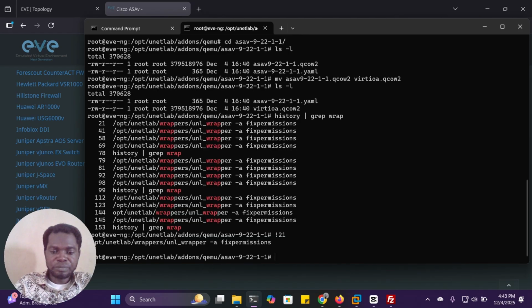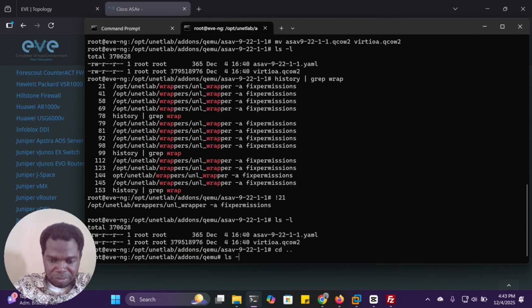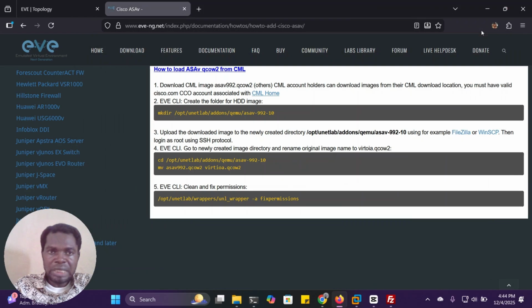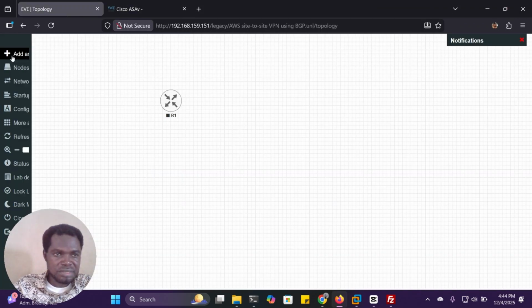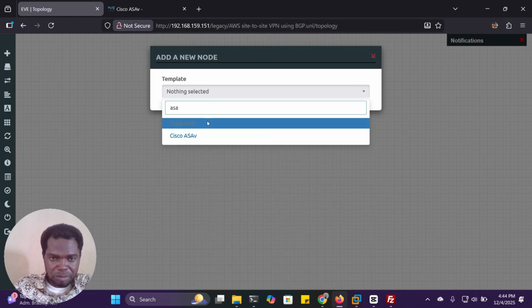Good. Okay. So now we exit the folder to the main folder in QEMU. Okay. All right. So as we are doing, we do one with a test. Okay, node ASA. Good, it showed up.